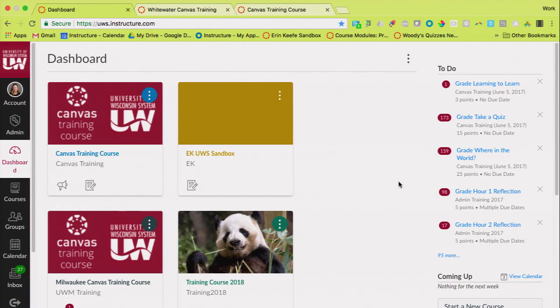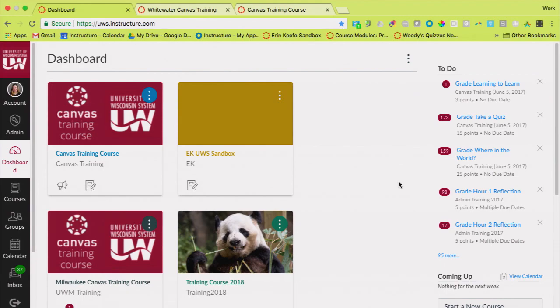No matter what type of user is logging into Canvas, you all end up on your dashboard, whether you're a student, whether you're a designer, whether you're an administrator, and you will see on your dashboard what we call course cards, one for every course that you're attached to. And no matter what your role is in those courses, they show up on your dashboard.